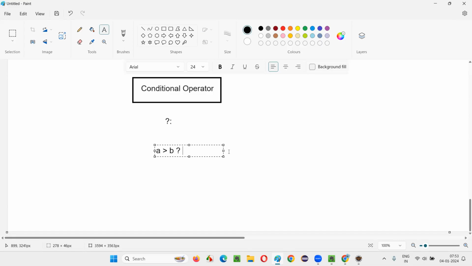I'll give a question mark. 5 greater than 4, 5 is greater than 4. True? If it is true, there are two possibilities. I'll just say here,